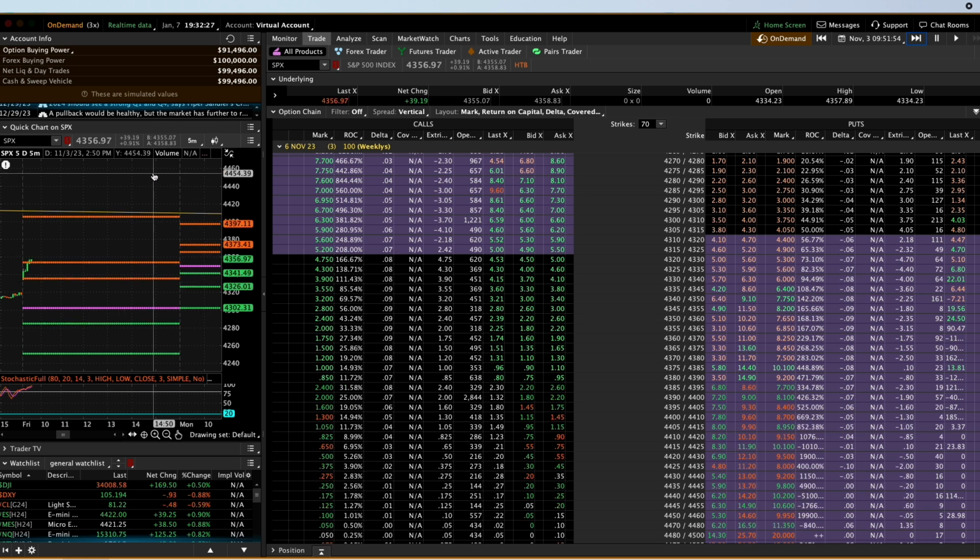44.50 puts us well above where we need to be. That's almost 100 points. I'm still not seeing any signs of slowing down, so I'd really like to see some red up in here first before I jump into this particular trade.